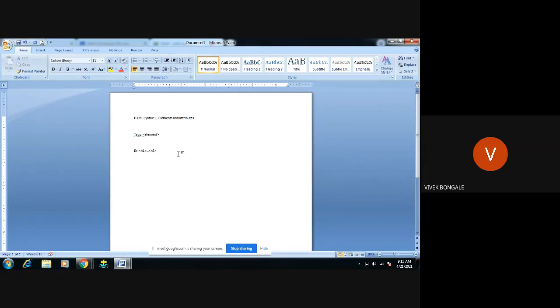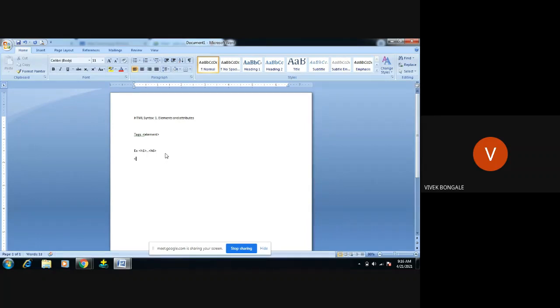In an HTML element we have two basic properties. Within this element we write either an attribute or a content.